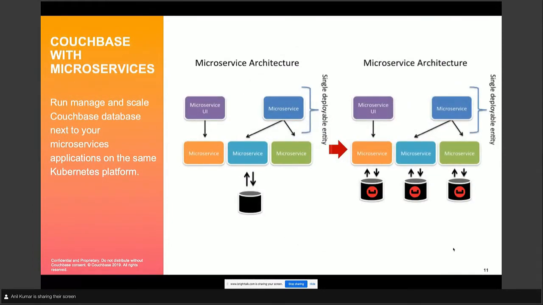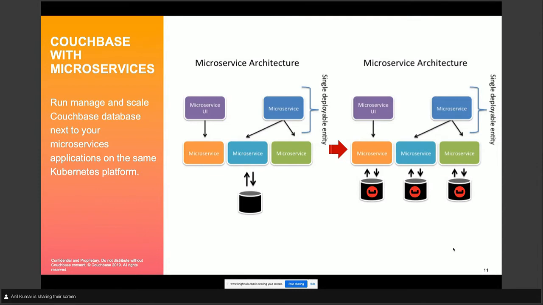So why should we even think about running Couchbase on containers and Kubernetes? The number one reason is if you are on the journey of adopting microservices, as I was talking about earlier. In the old days, you would run the database as a separate system on a separate infrastructure.